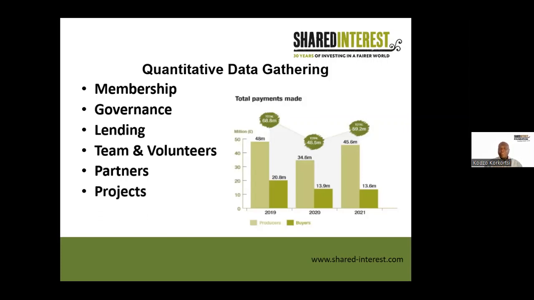Then we look at projects, which is generally foundation related. How many projects have we carried out during the year? And how many beneficiaries of the project, in which countries those projects were implemented, and what was the nature of those projects? We also look at the financial data to look at some ratios, look at how much money were invested during the year, and anything relating to our finances are also featured in our social accounts.